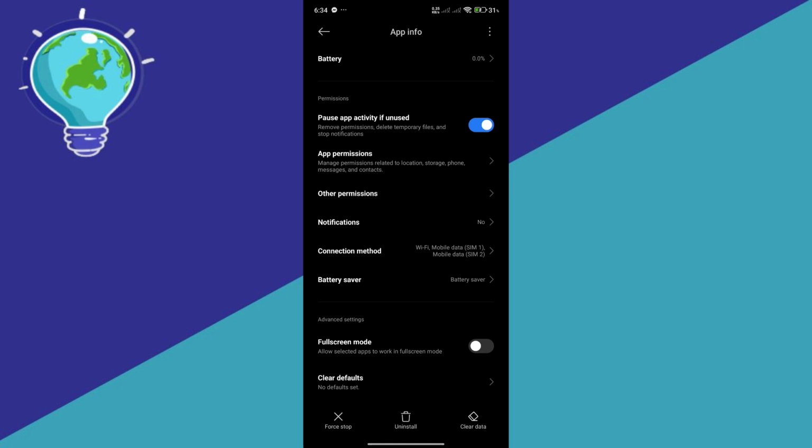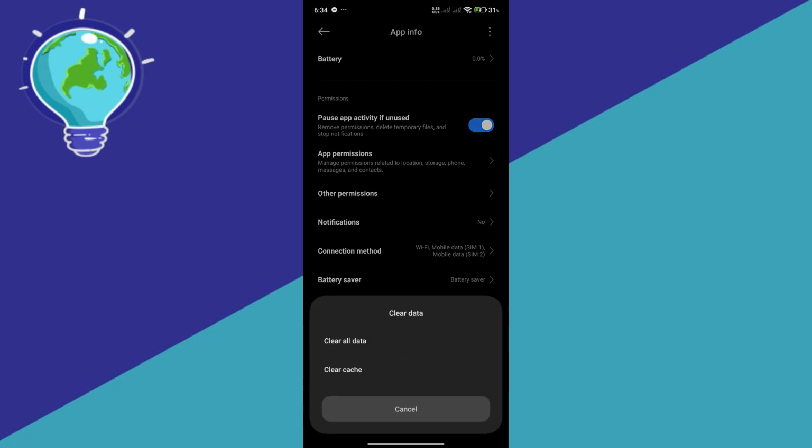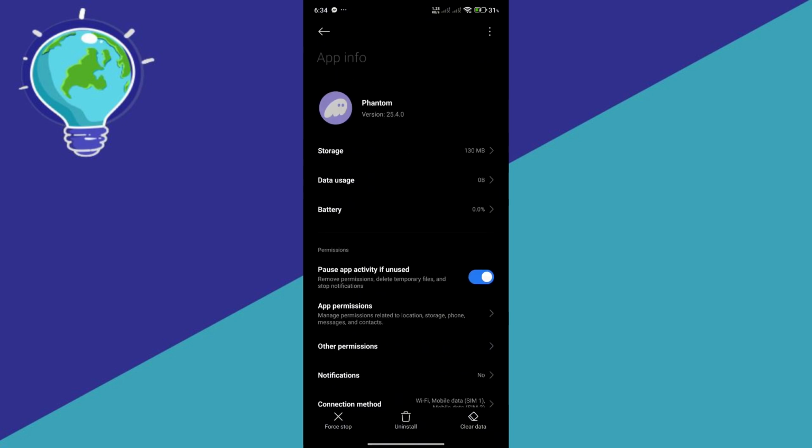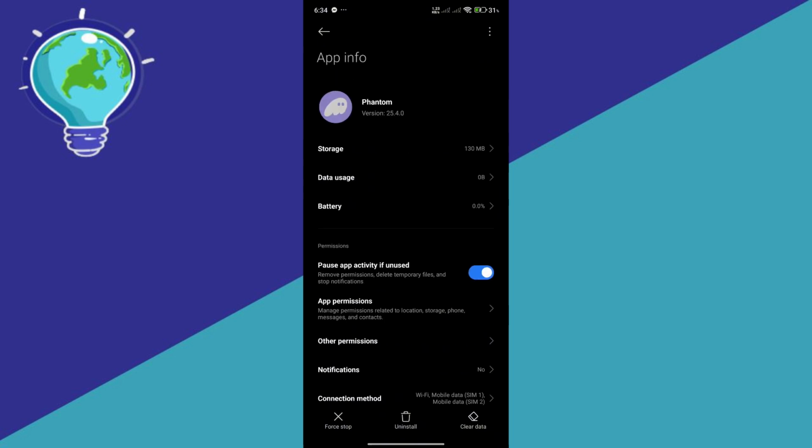You could also try and clear your cache over here, which basically means the next time you open the app, it will open as if it's the first time you have ever opened the app. So those are the different ways that you could try. Also, don't forget to try reinstalling as well as a typical solution.